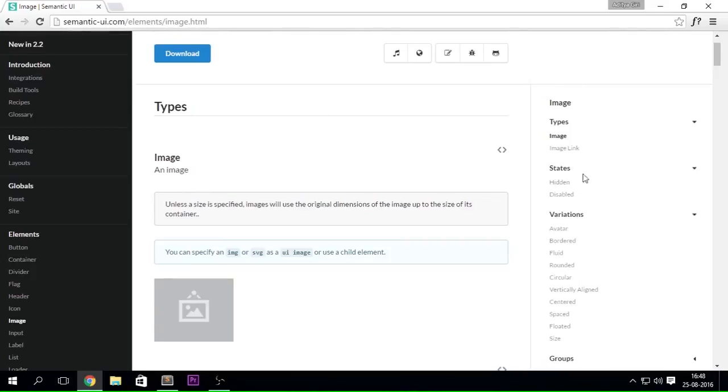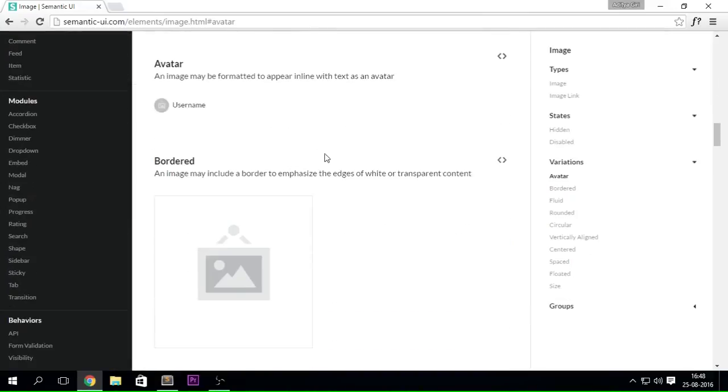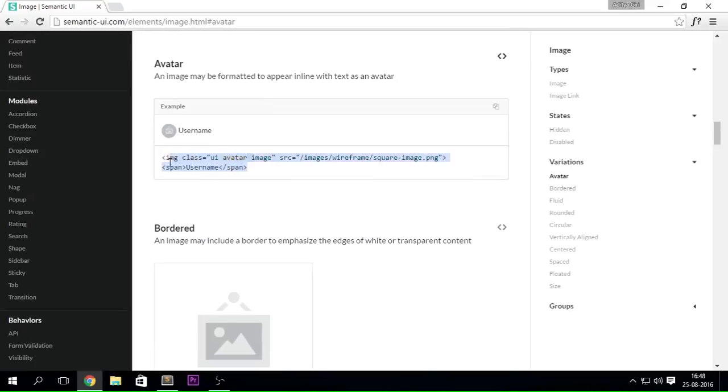Let's say you want an avatar on your web page, as on Facebook where you have your little profile picture, or you want your avatar on your login page. You can simply click avatar, and that's how it would look. What it does is it surrounds that image and makes it small enough to make it an avatar.